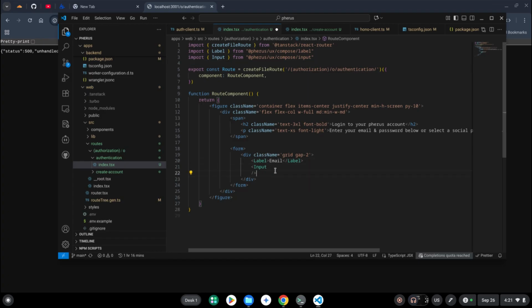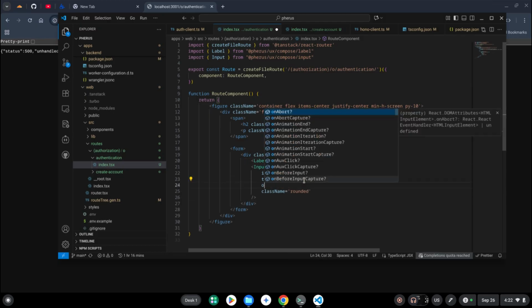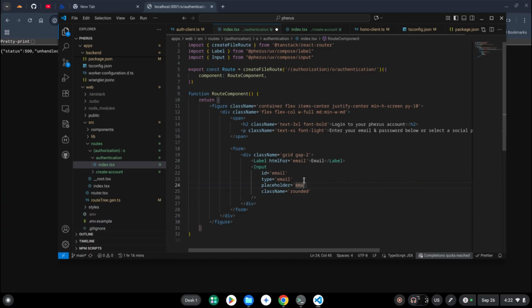We need to fix that import part. Shall fix it later on. Sorry about that. And type as email, and then the ID is going to be email, and HTML for email, which is email here, and the placeholder is going to be example@email.com,